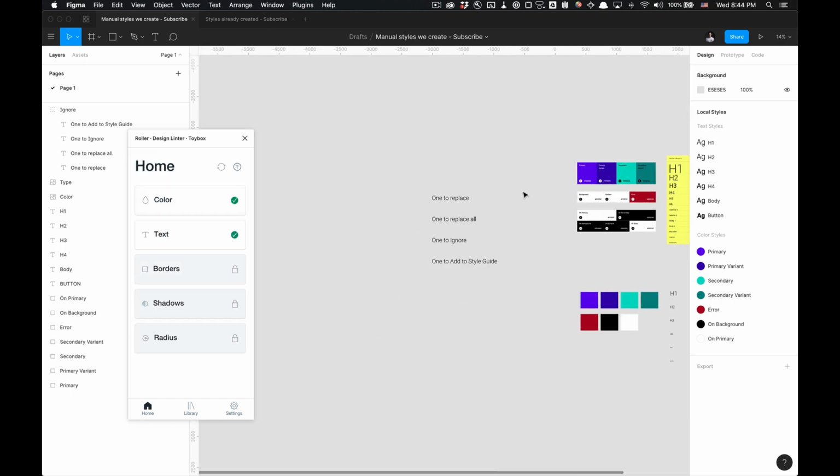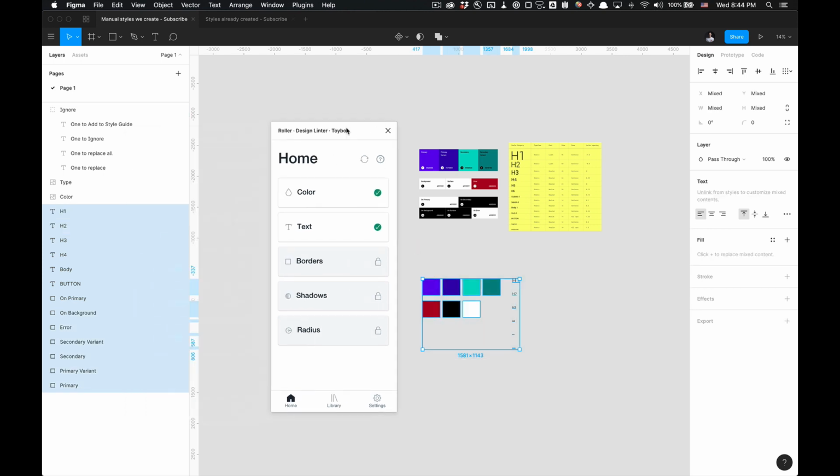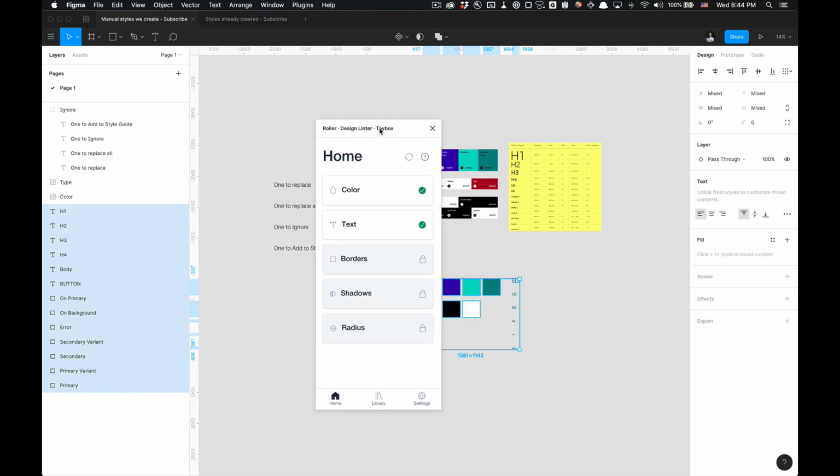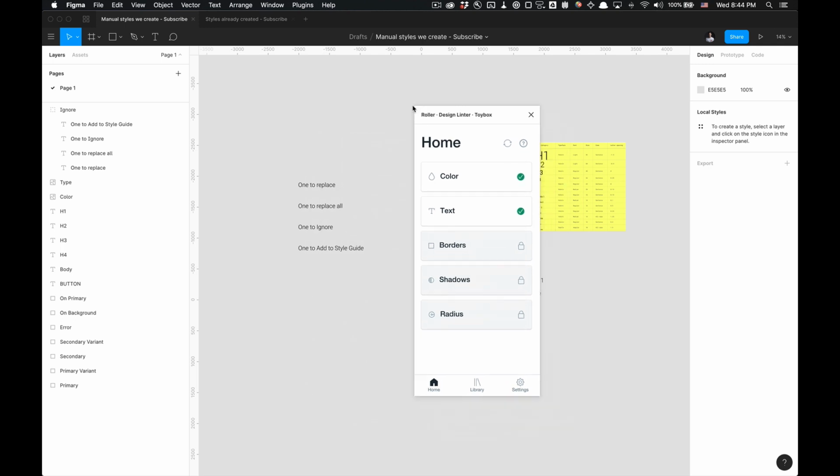So next up, I'm going to show you how to create these styles from within the Design Linter roller, so you can share them across your team, ideally, if you have that plan. So now I just got to go to my styles. I'm going to delete all of them real quick. Okay, so now I removed all the styles, and we're going to create them from within the Linter